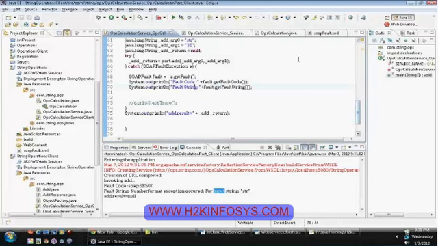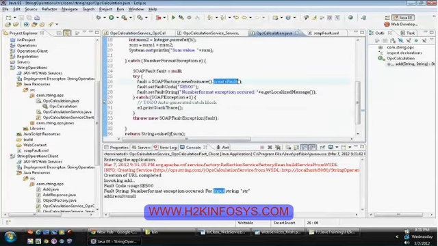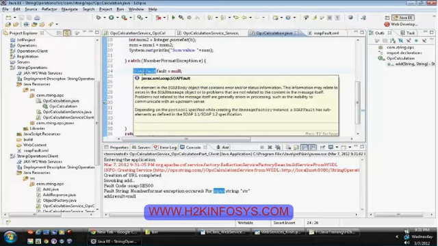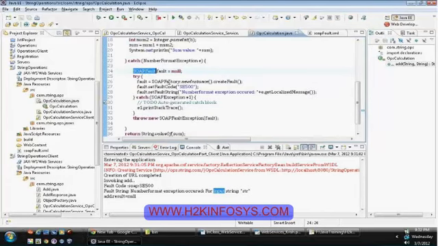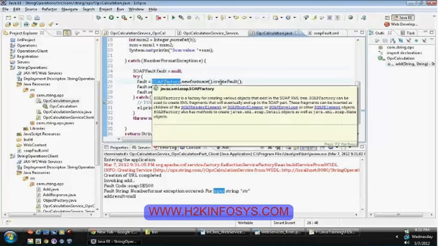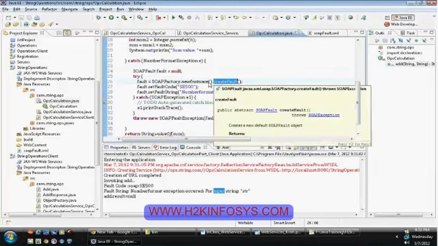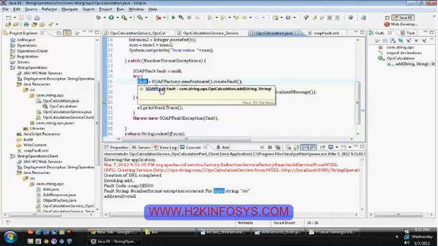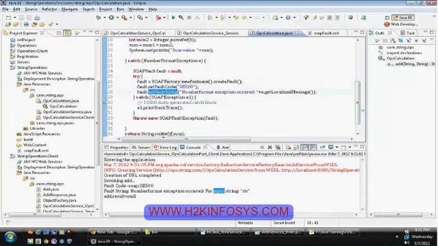So on the server side, we are supposed to create a fault exception. But SOAP fault is an interface, and we don't have any classes or objects related to the SOAP fault. That is why we are asking the factory to provide one fault object. Once we get the fault object, you can set the fault code and fault string. But finally, we are supposed to respond with a SOAP fault exception. The SOAP fault exception accepts a parameter SOAP fault, and we set that one and respond back to the client.